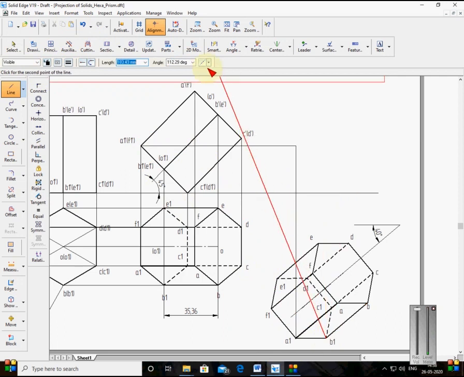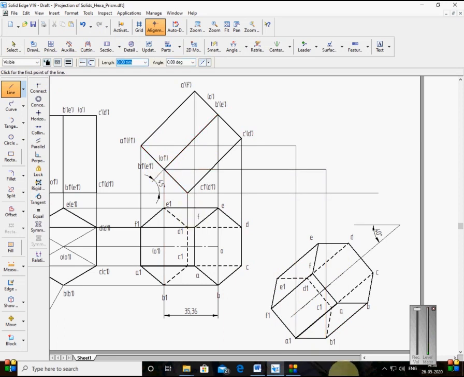This is B1. I choose 90 degree. B1 is here. See, this is B1. This point is B1 point. So this is B1. Then C1 is at this point. You zoom and you can select, if you want. So this is the end point. From here I start with C1. It's coming on equivalent. It is here only.